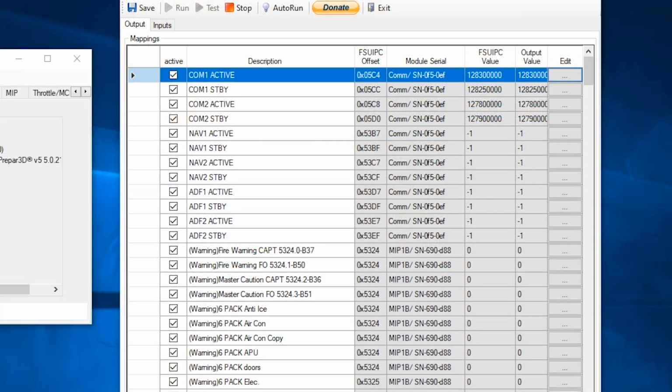Here we are on my main computer. I've got ProSim on the left, MobiFlight on the right. Now let me show you two ways that I know of that we can get these displays blanked, so when the power is off, nothing displays. If we head over to MobiFlight, you can see the first line, the output value is greater than -1. Now ProSim has the capability down here on the nav displays to display -1 as off. However, these aren't -1, so we're going to hit the edit line,